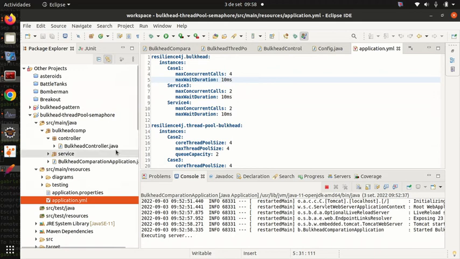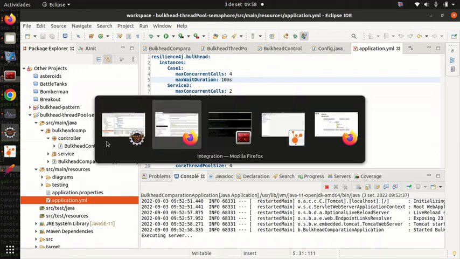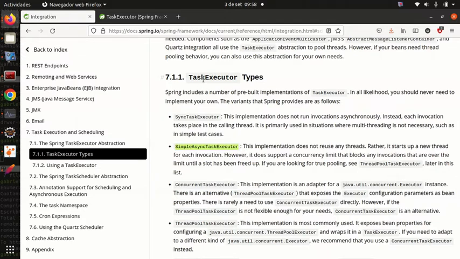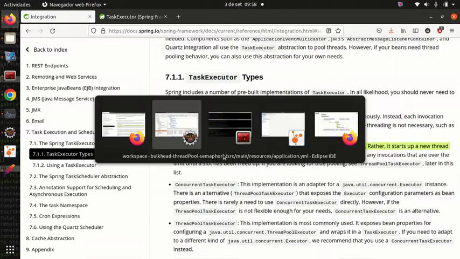However, this approach has a problem. According to the Spring documentation, Spring offers different implementations of the TaskExecutor interface, and by default, when you use the async method, Spring uses the SimpleAsyncTaskExecutor. This implementation does not reuse any thread, rather it starts up a new thread for each invocation. So according to my understanding,